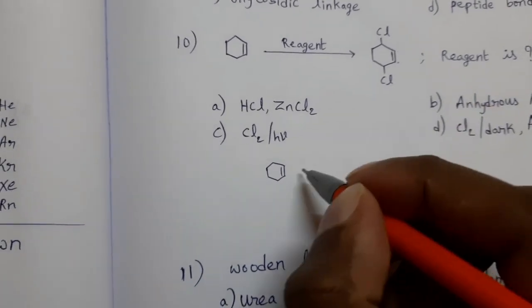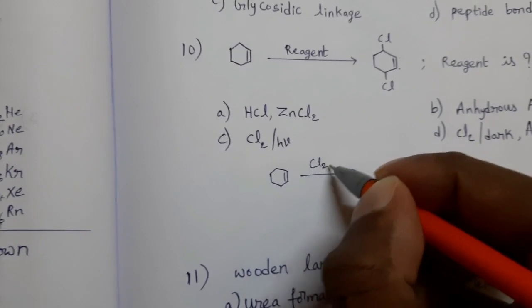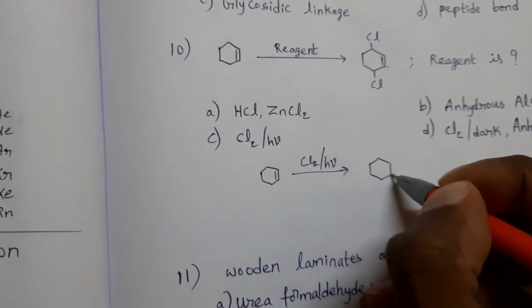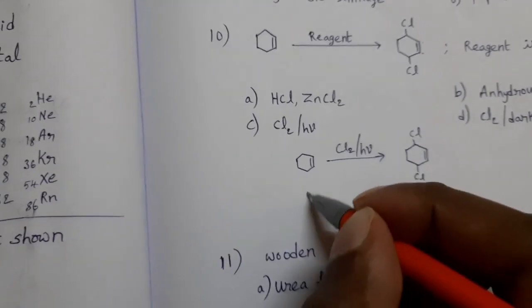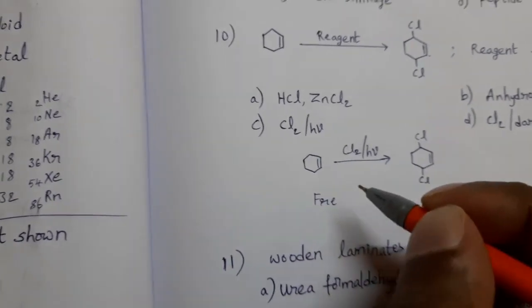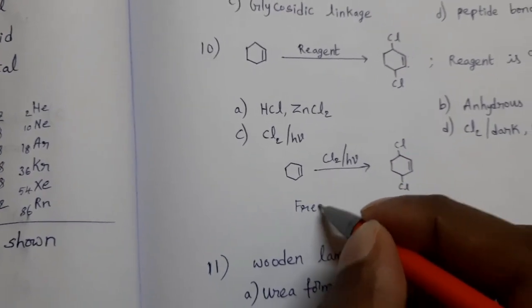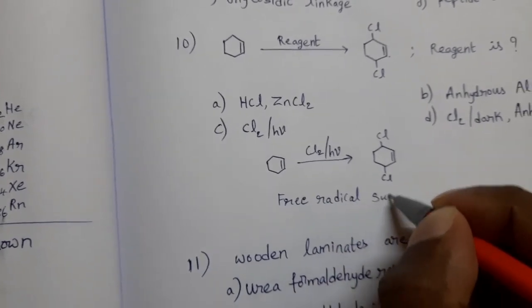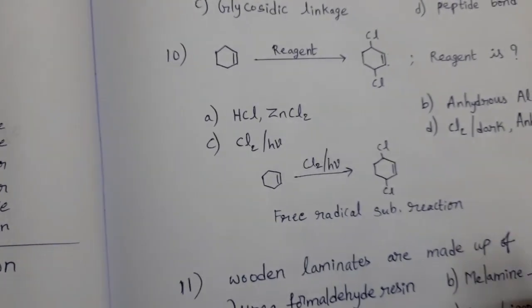This is the given reactant. This reactant is treated with chlorine in presence of HNO. Then we can get this given product. It is a free radical substitution reaction. So the suitable reagent is